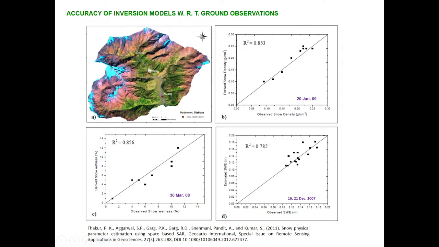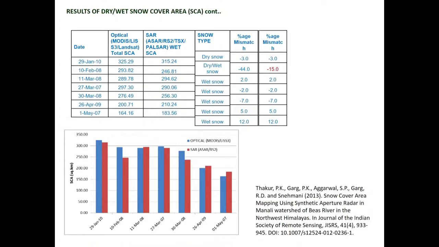So from there we have received the data of the density and wetness, and we have compared that, and we have achieved very good results between the derived wetness and snow density maps. So you can see here